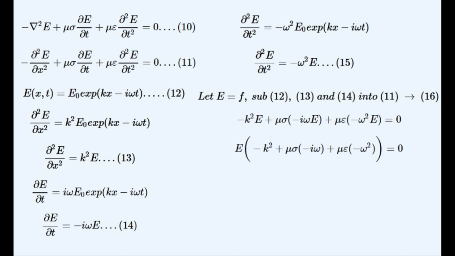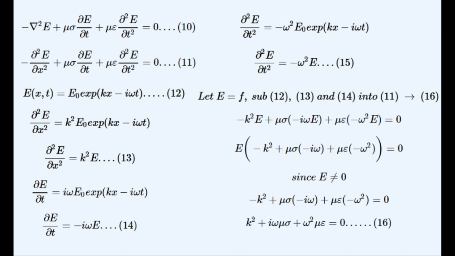The function E can be factored out, and since it is non-zero, we only need to solve this expression for k, and we'll tidy up this expression so that everything is positive. We can deduce from this expression that k is complex, and so we have to find both of its complex components. So now we'll start with these two equations so as to solve for k. We only need to find k so as to find the equation that describes the electromagnetic wave propagation in the